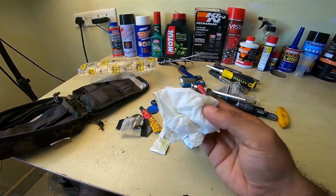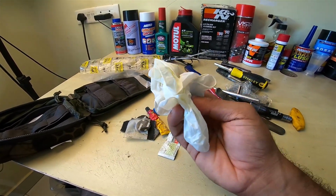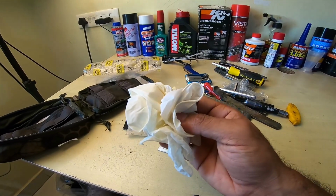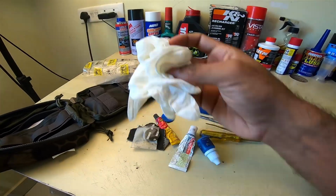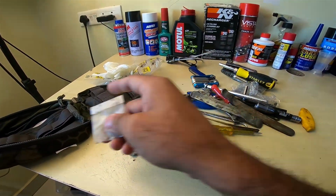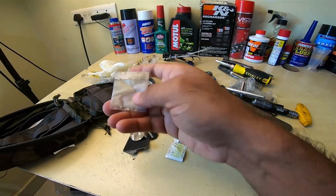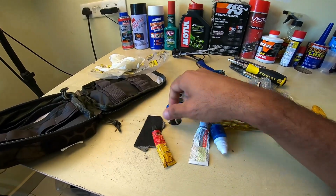I don't get working gloves here that easily, so I go with surgical gloves. I have about 2 pairs of them. Very easy to get hold of them, very easy to dispose them off as well. So I buy these instead of the working gloves. I do have working gloves, but I don't carry them with me on the everyday toolkit. I want something which I can replace immediately. Some grease for the chain, some